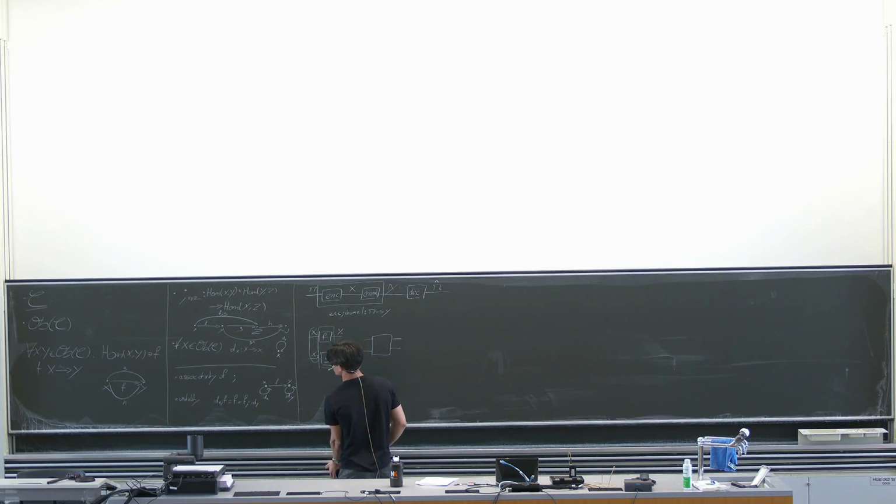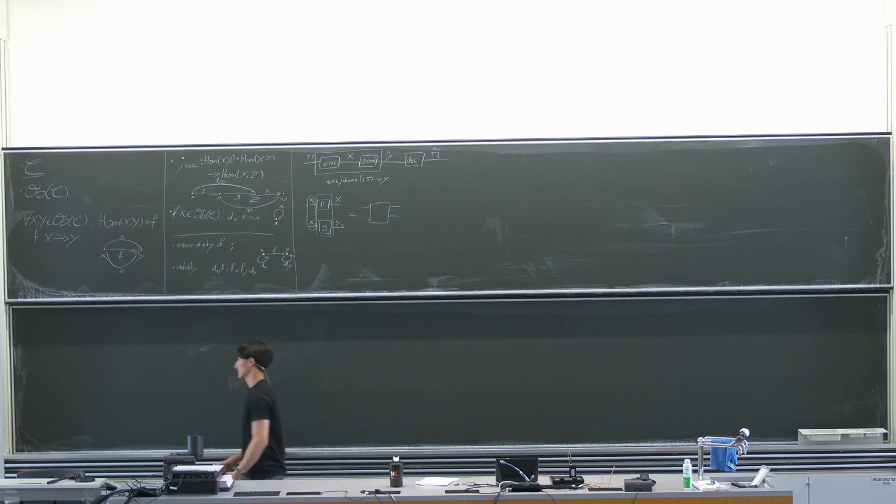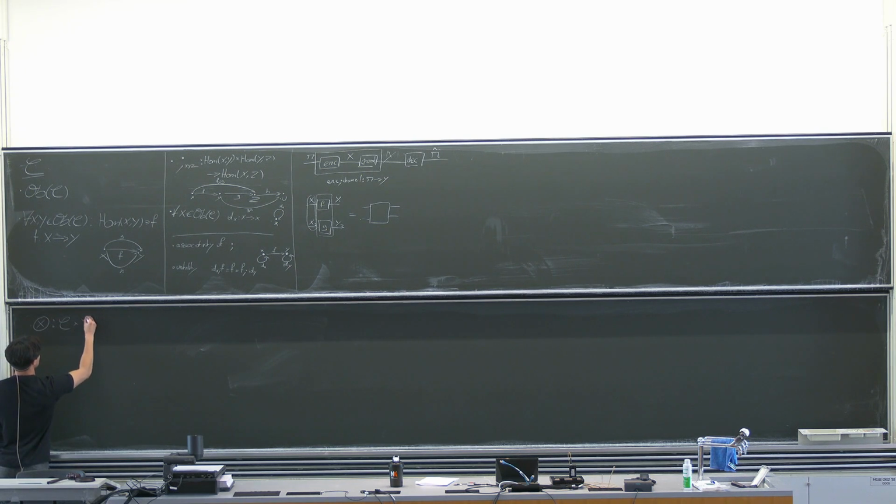And this is what we do. We're going to give a monoidal structure to the category. Now, what does that mean? It means we're going to define something called the monoidal product, which you're probably more familiar with than I am. But what we're going to do is add this monoidal product, which takes...